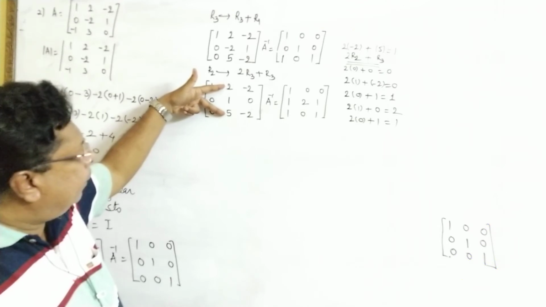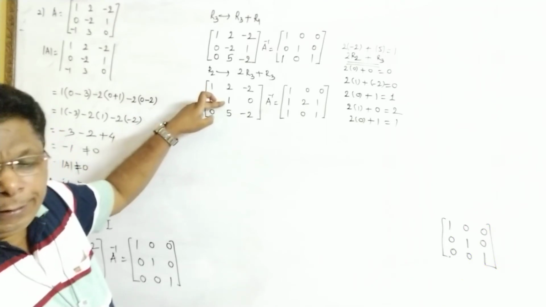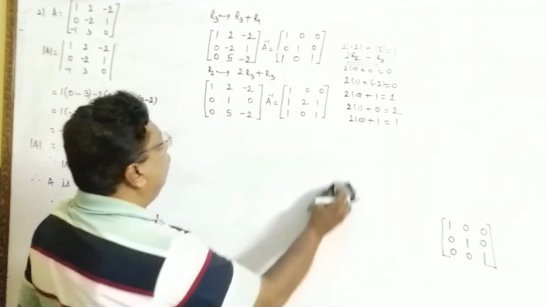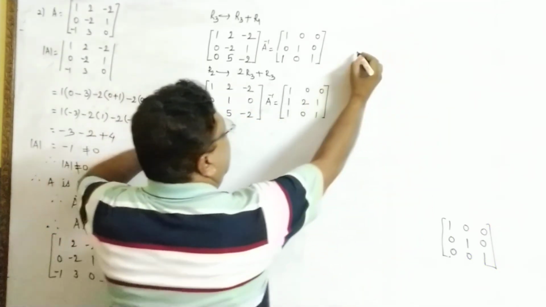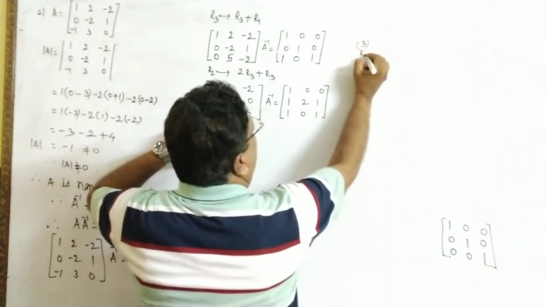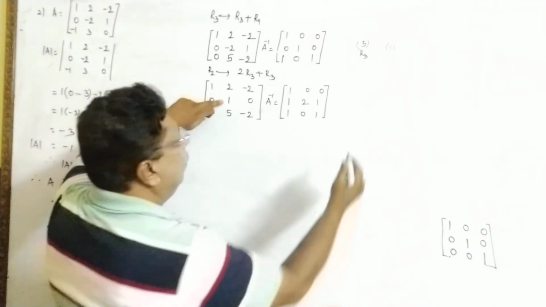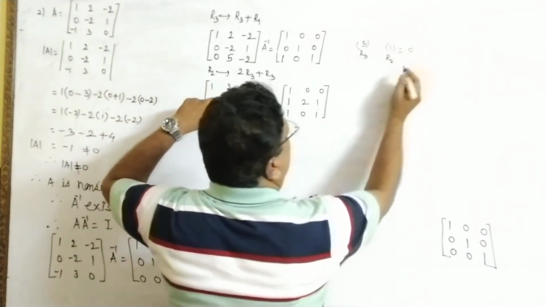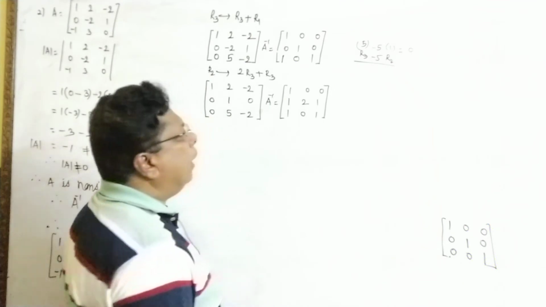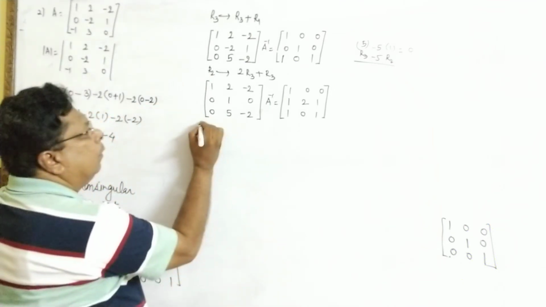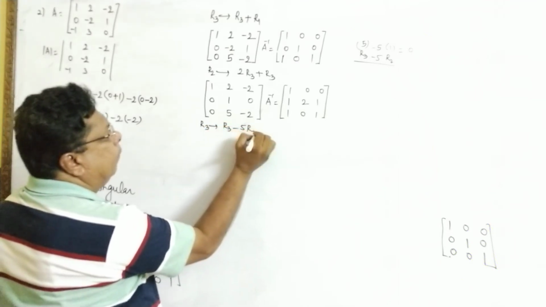Okay, to bring 0 here, your operations must be with the diagonal element, and the diagonal element is representing the second. Now see, in the place of 5 we want 0. 5 is representing the third row, and the diagonal element 1 is in the second row. We want 0. How does it come? Multiply by -5. 5 minus 5 is 0. So the operation is R3 implies R3 minus 5R2.